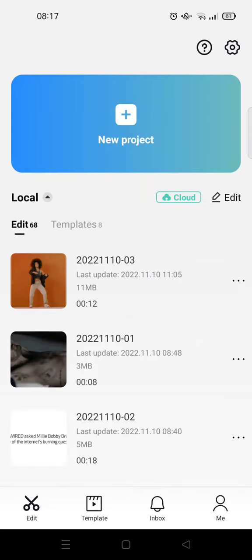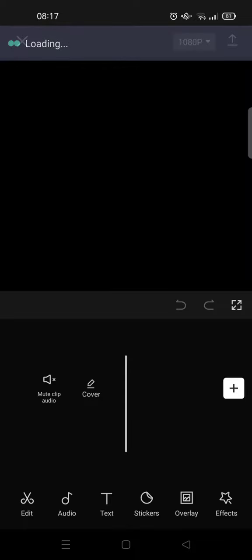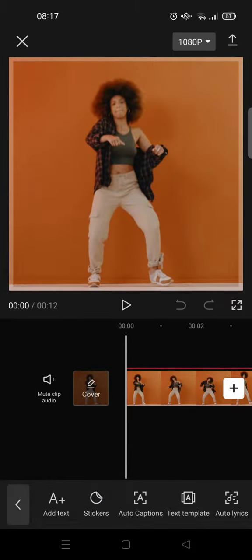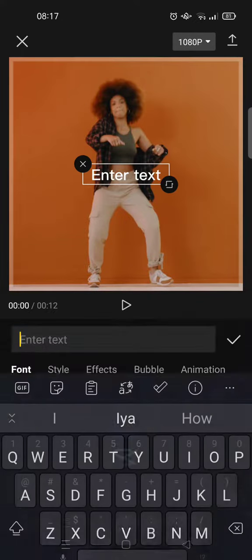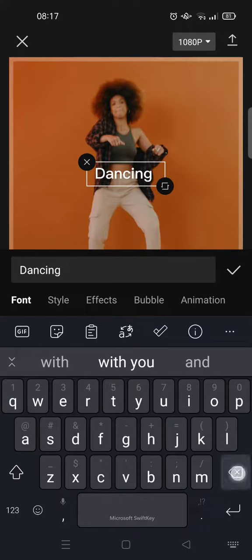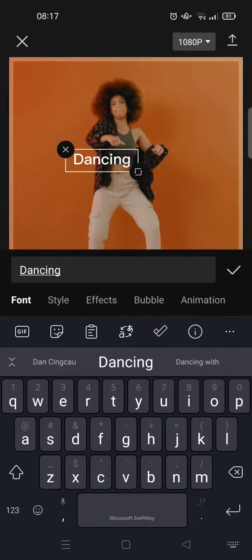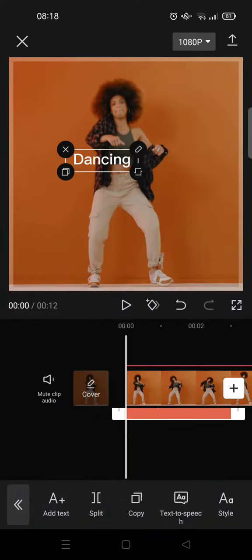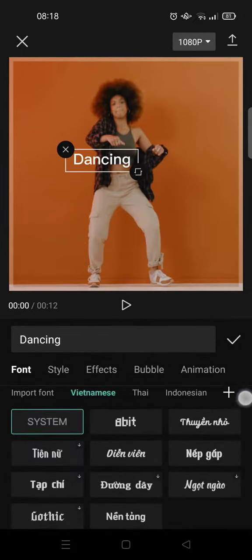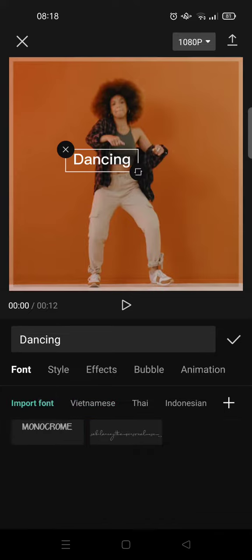Okay, so for example, I want to add it here. And next you need to go to text and add text first. For example, dancing. Okay, click on the check icon, and go to font, and here you'll find there is a plus icon